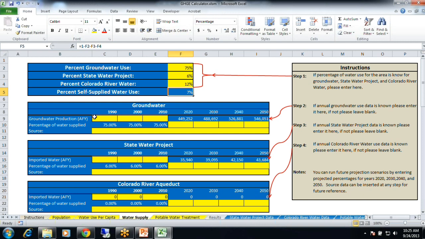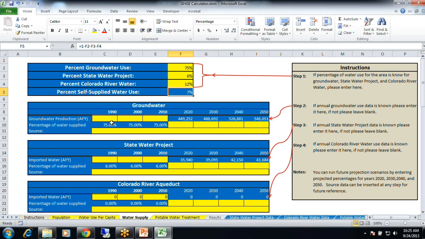You can see here for groundwater, you can actually put in the volumes of groundwater that you have imported for each of these decades. Now, you don't do the decade as a whole. You can either do an average for the 10 years, or you can do just 1990, just 2000, or just 2010, whatever you think is more representative for your site.